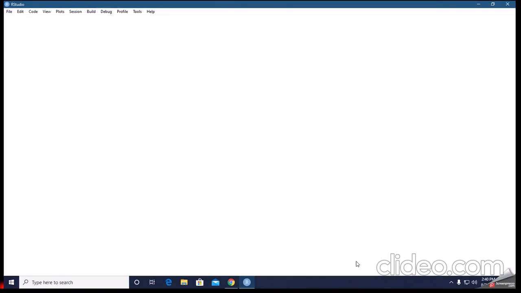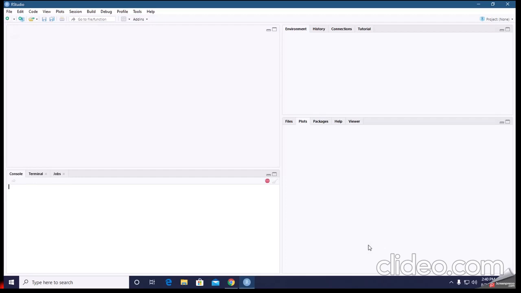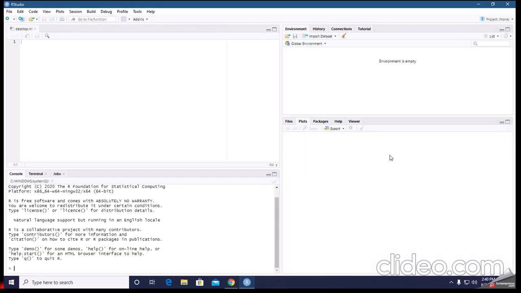Now I am going to open RStudio. Okay. This is our interface. Now we are going to load the libraries and create a design matrix.